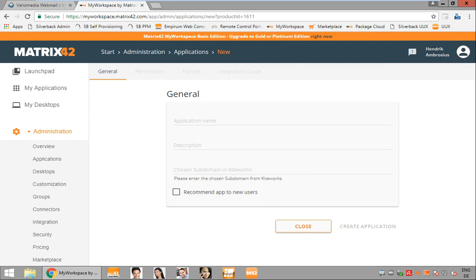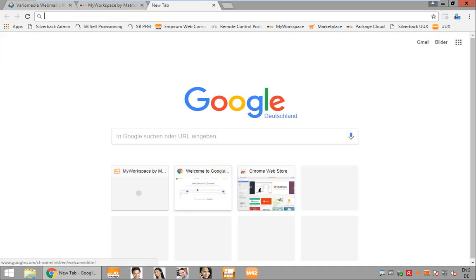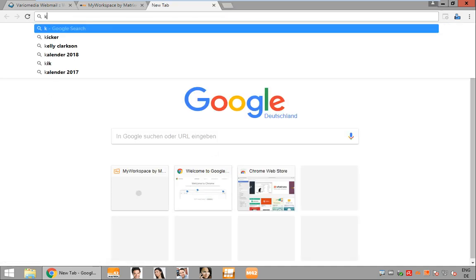It is asking for an application name, a description, and a chosen subdomain in KiteWorks. This is something we get from KiteWorks. So the next step would be to create either a subscription with KiteWorks or to ask for a free trial. Here we will use the free trial, so we go to